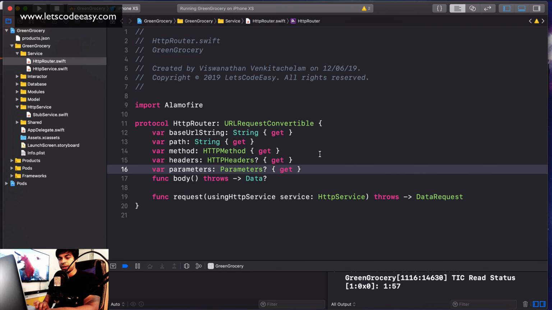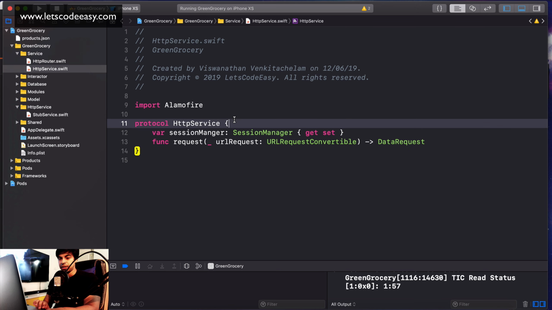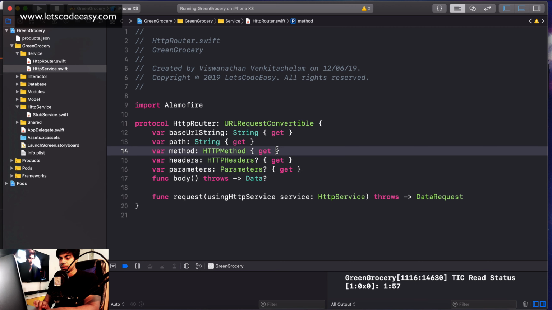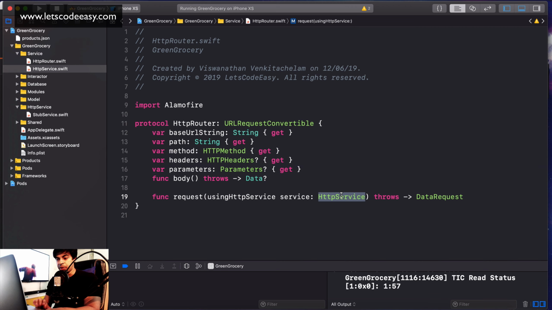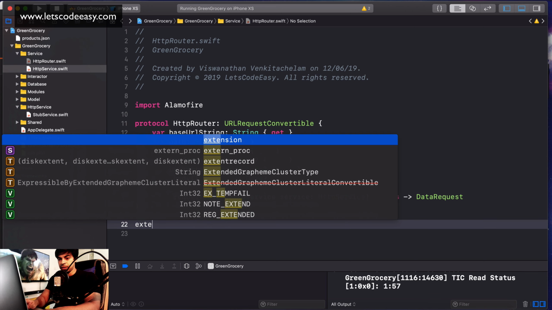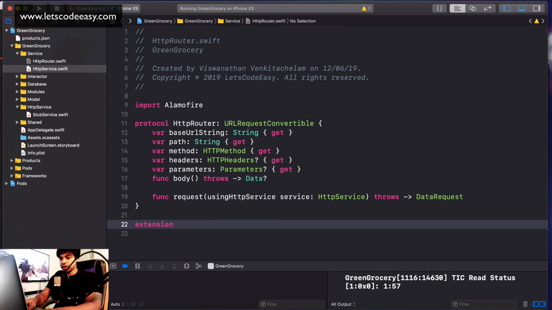It's the same structure like whatever we had created in, let's say, HTTP service, just that this is the type and this is the request. Same service you are using here. So when we implement it, we'll get to know. So this is what. Now let me extend this